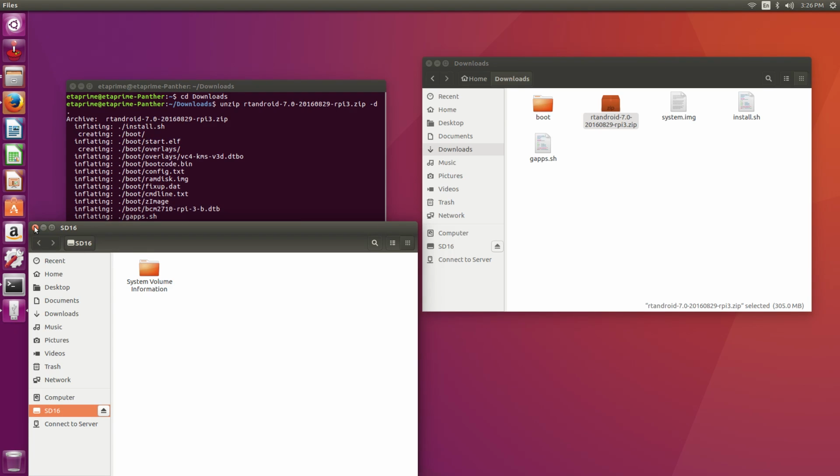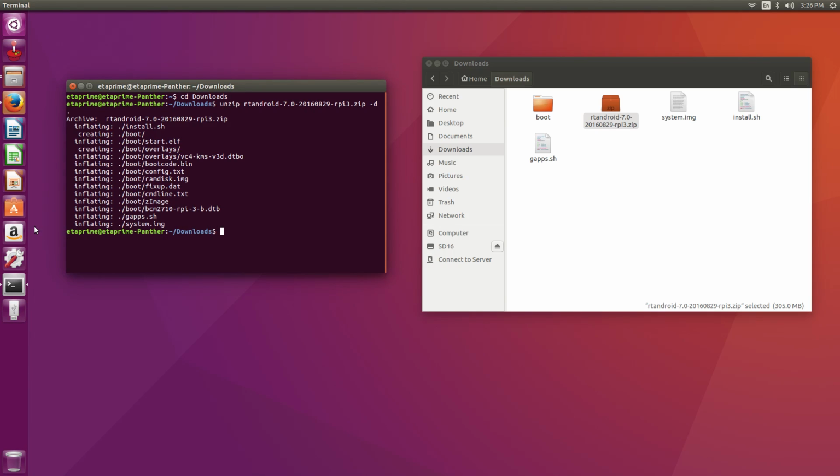This is a fresh card I've already formatted. If yours is not formatted, don't worry. When we run this command, it will totally wipe the card and format it correctly. Now we need to find our drive letter. The SD card that I just put in will be SDX, and by X I mean A, B, C, or D. In order to do this, we're going to type in sudo